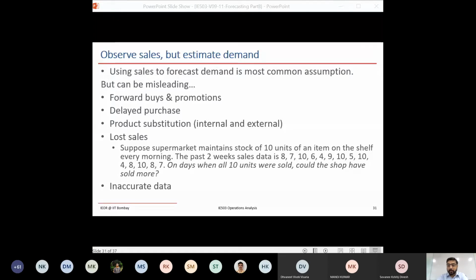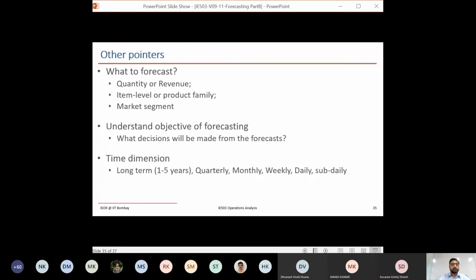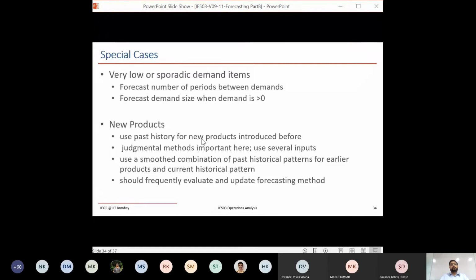Can you explain sporadic demand items once? Yes, I can. Sporadic demand items are things that are in stock, but don't sell very often. That's what I mean by sporadic demand items. It is there in the stock, but nobody buys it on a day-to-day basis. Maybe you may sell 1 or 2 units every few days, but still the shop keeps it because people may occasionally come and ask. So those are called sporadic demand items.